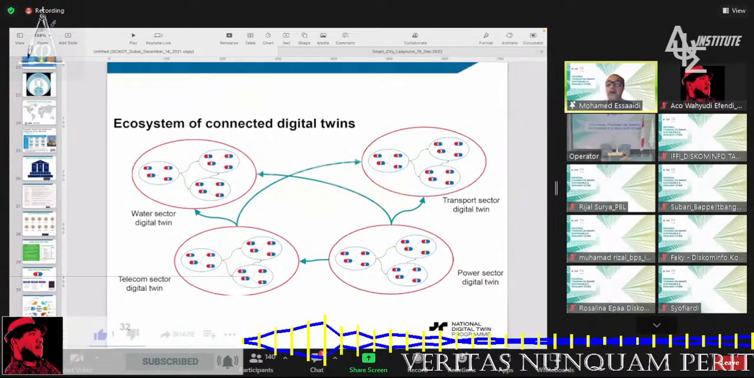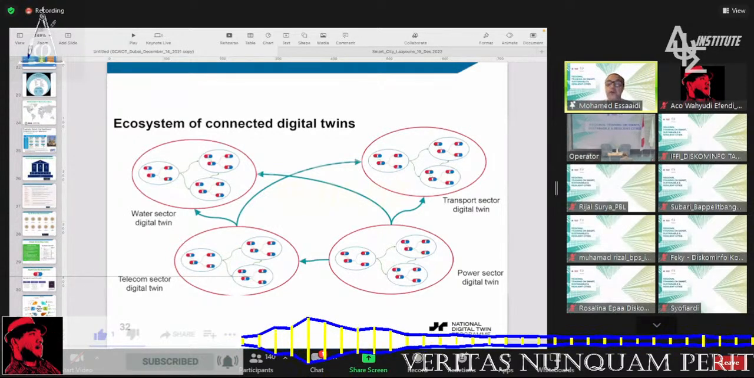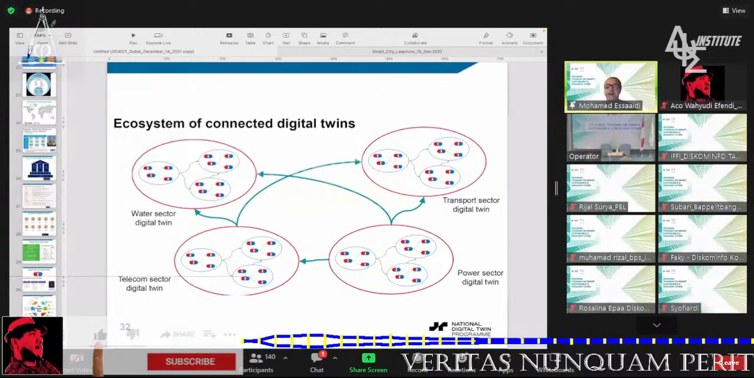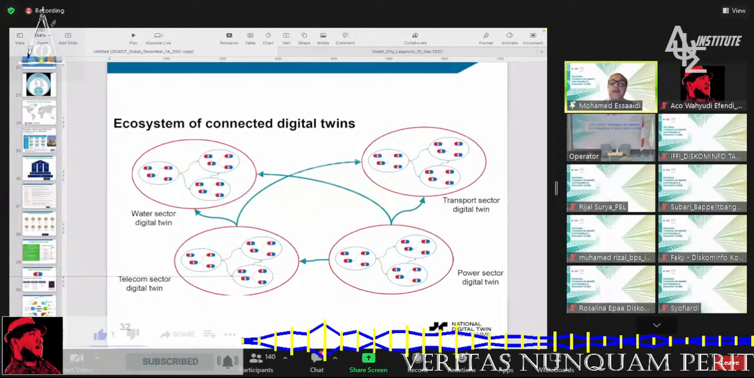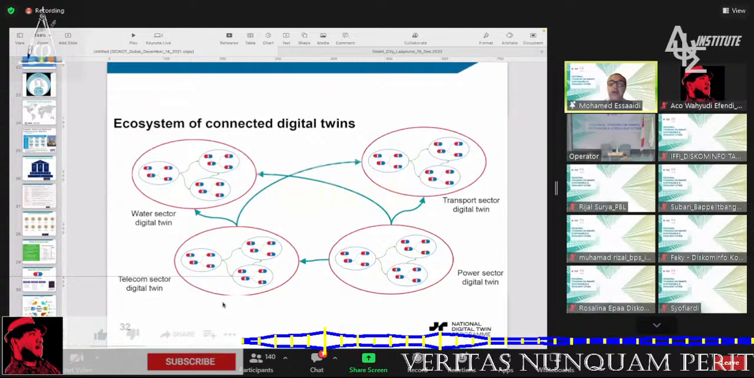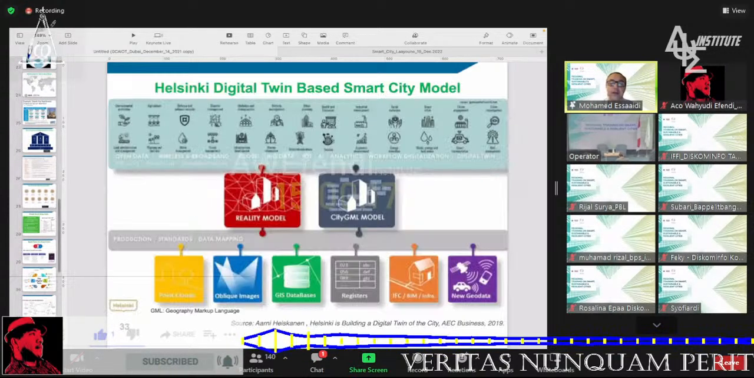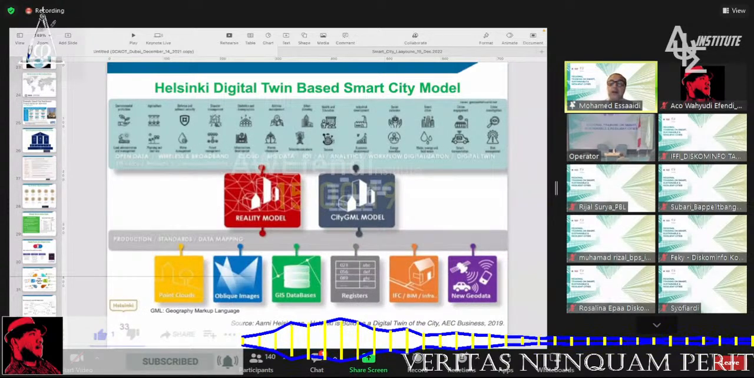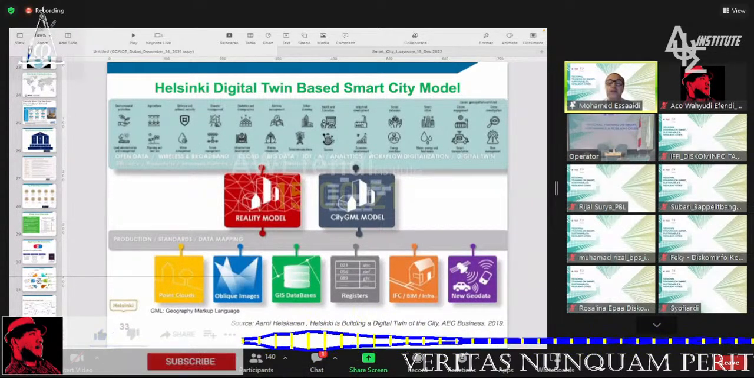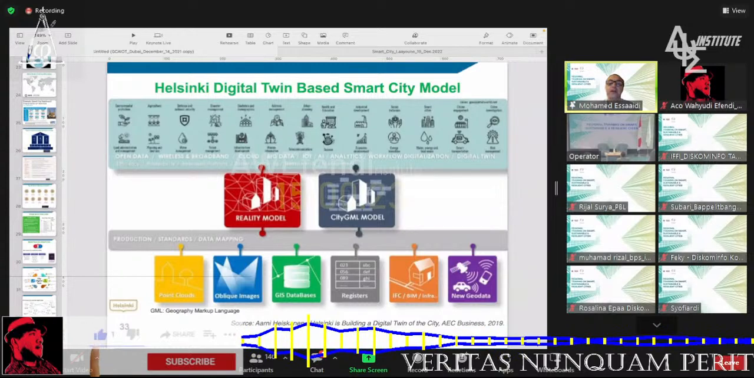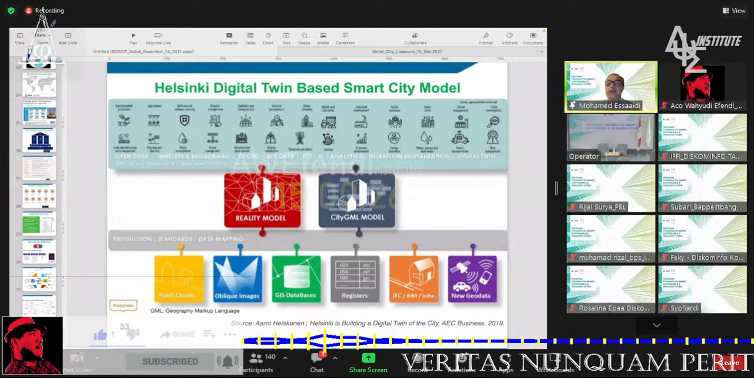We have also an ecosystem of connected digital twins. Because in a city we have different verticals, and for every application, for transport, for power, for telecom, we can interconnect all the digital twins in the framework of this application. Here, let's move quickly to a specific application proposed by Helsinki for a specific district within a city,